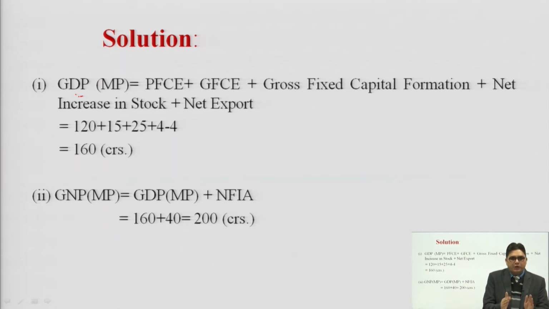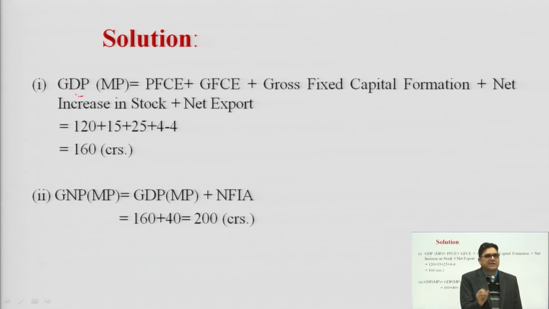Next, it is the income method. In the income method, we are calculating income earned by all citizens of a country. We need to take three components: compensation of employees, operating surplus and mixed income earned. By income method, we will reach NDP at FC. You have to be very careful where we have to reach from NDP at FC, either GDP at MP or GDP at FC. So, you need to do the similar shift.